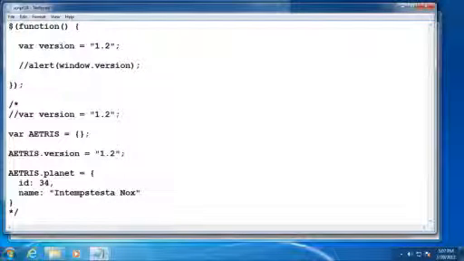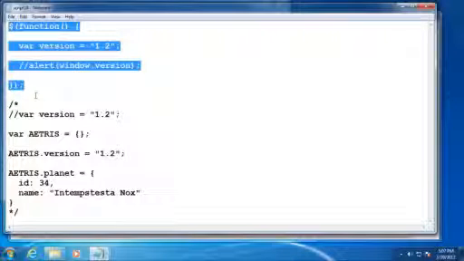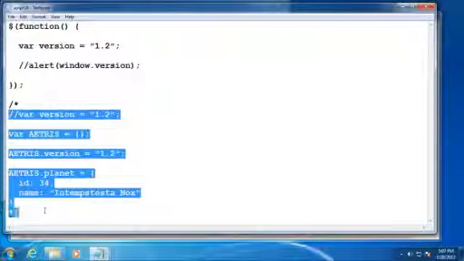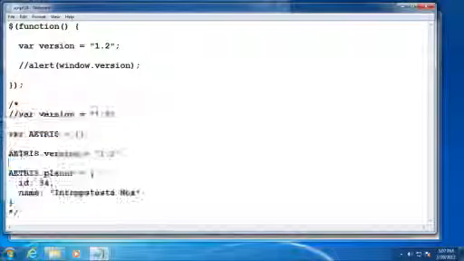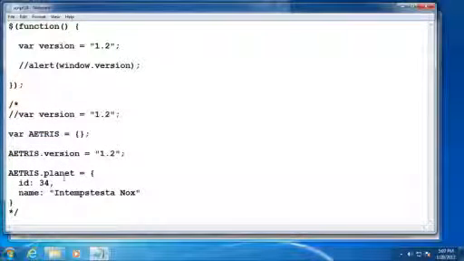Now, if I need a function to be called outside of the scope of this document.ready, then I have no choice but to do as I demonstrated here, and that is to create my own namespace and then attach my functions and objects and variables to that namespace. But for most of my simple examples, I won't be creating my own namespace. I'm just going to be putting my code inside of